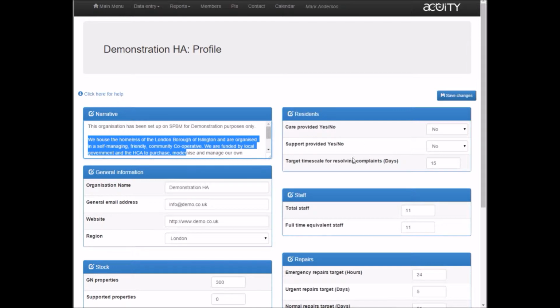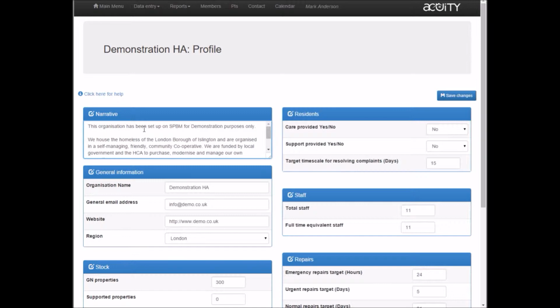themselves with. So we ask all new SPBM members to complete this background information, and we ask everyone to keep it up to date at least once a year at the year end, so that we've got accurate up-to-date figures when we're running the year-end benchmarking reports. There is online help available for this page, just towards the right hand side near the top where I'm holding the mouse. You can click on that for a page of information about how to get these numbers to